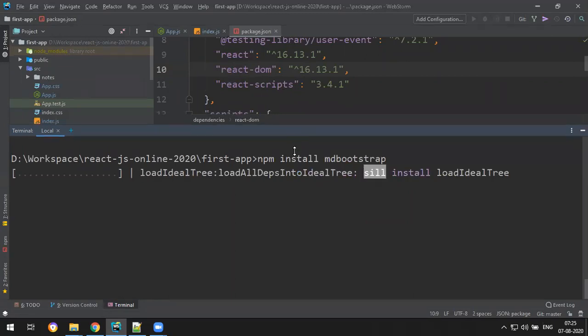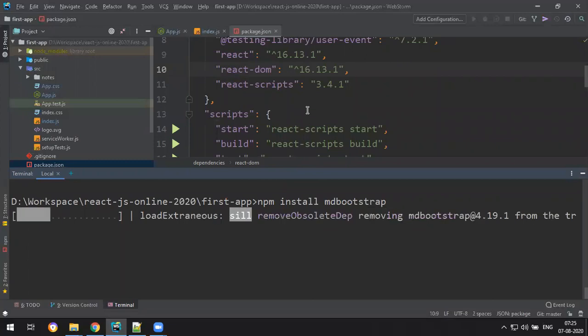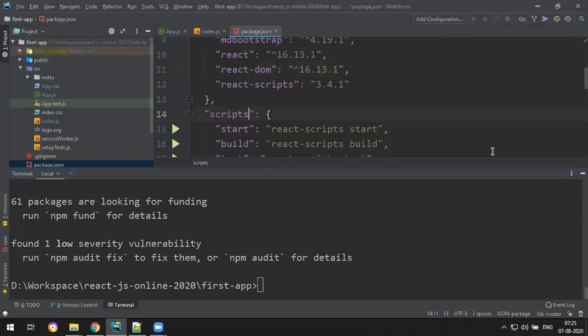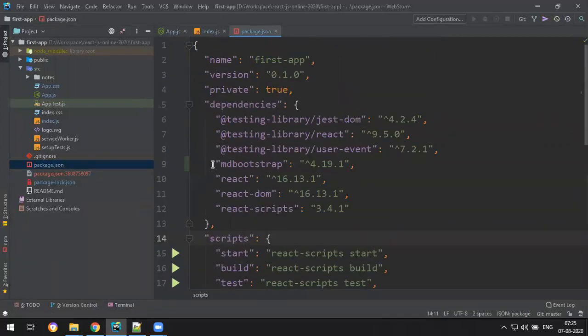Let's see one more time. Okay, it's showing that it is installed. Yeah, it came now. Okay, perfect. In the package.json you can cross-check that it is installed here. Okay, done. So once it is done here, you can import it.